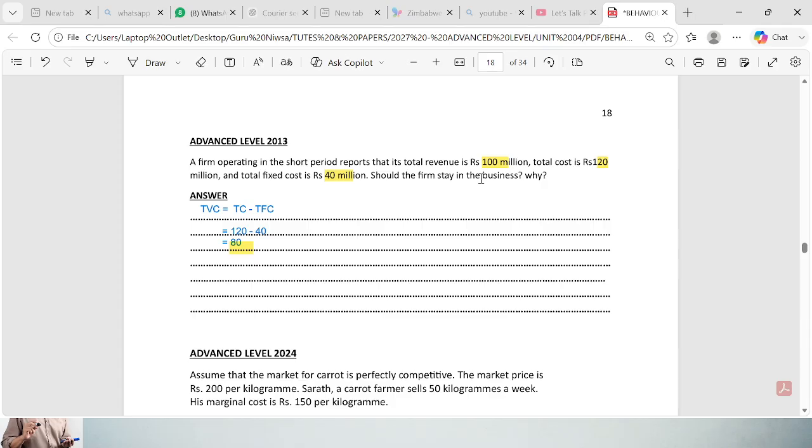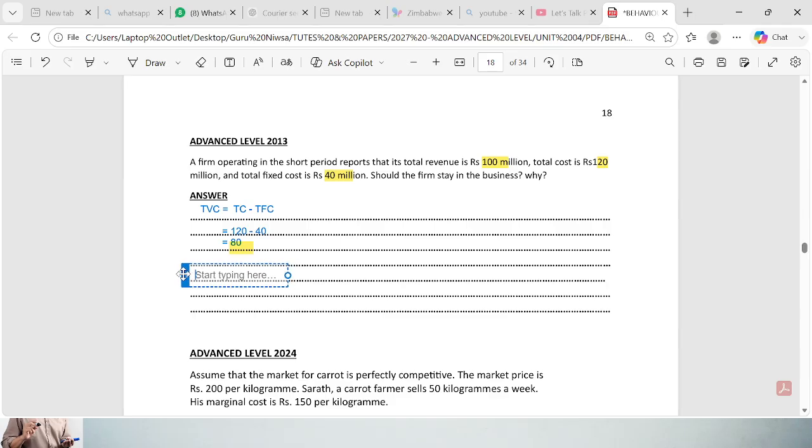Here, after covering total variable cost, the firm has something in excess, 20 million. Using that 20 million, the firm can cover part of its total fixed cost. If the firm shuts down, the total fixed cost will be the loss. But using this excess 20 million, they can cover part of the fixed cost as well. Right? So the answer is, write down